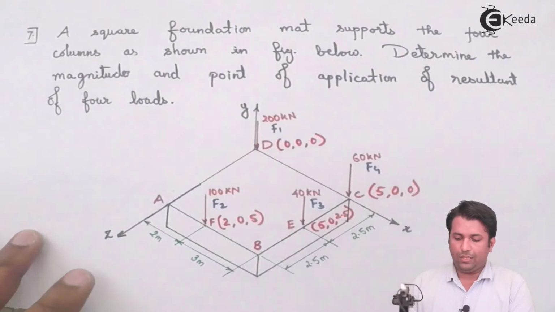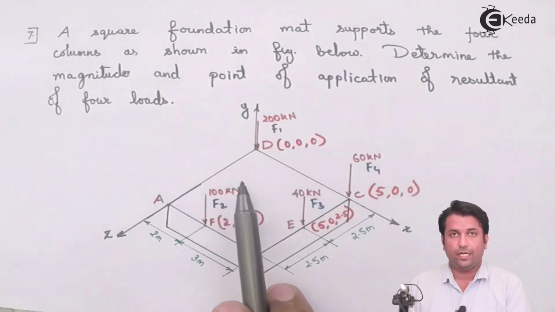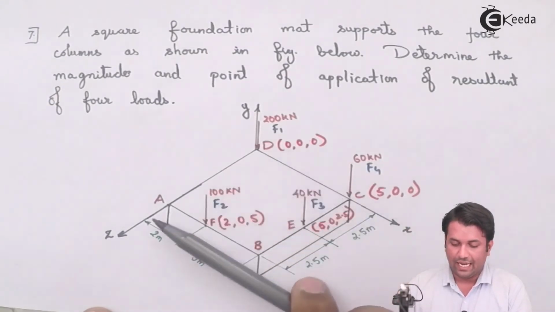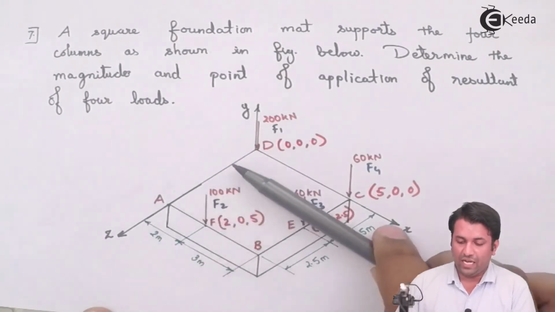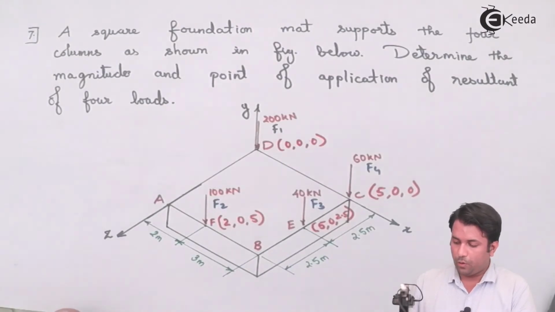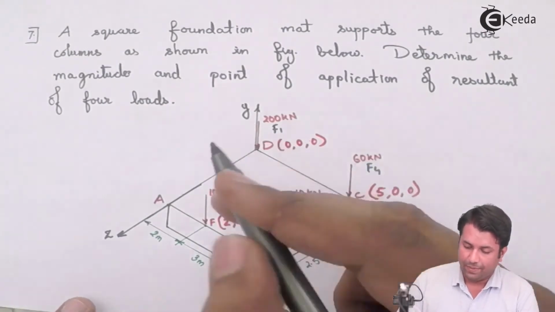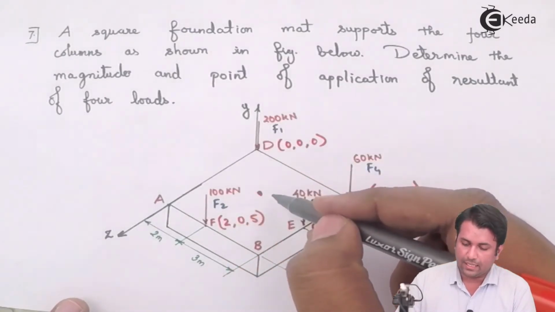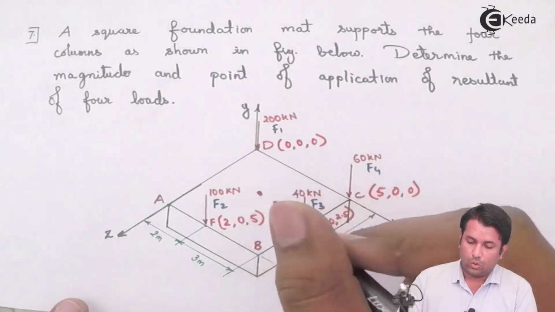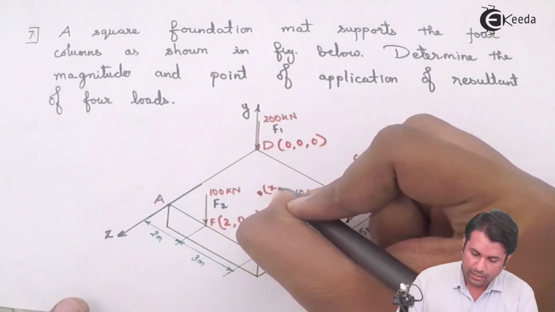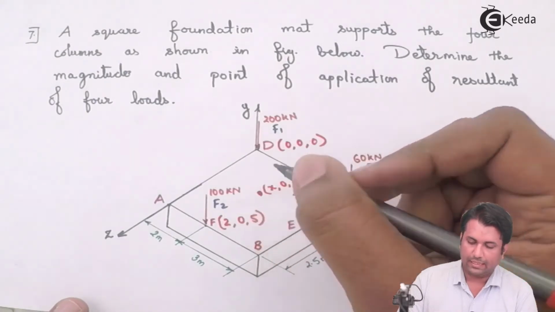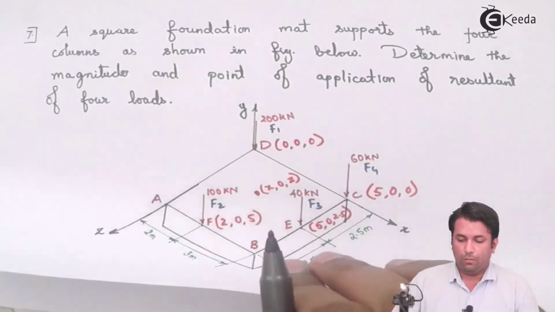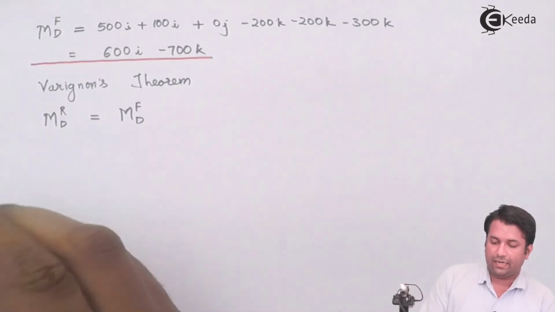Now I know that the resultant of 400 kilonewtons acting downwards will act anywhere on this plane, that is the XZ plane. So if I assume any point on this plane, for example, say this point, so the coordinate of this point will be along X and along Z. So the coordinate will be X, 0 and Z. I can say that the resultant is acting at this point. So the moment of the resultant, I can write it as